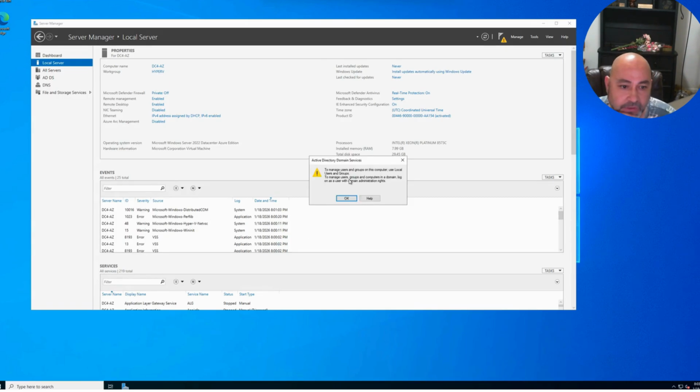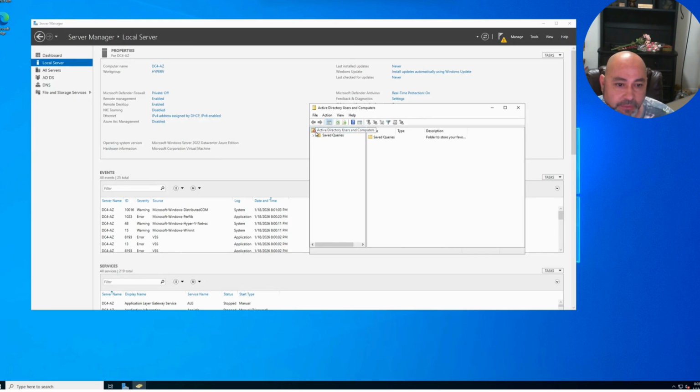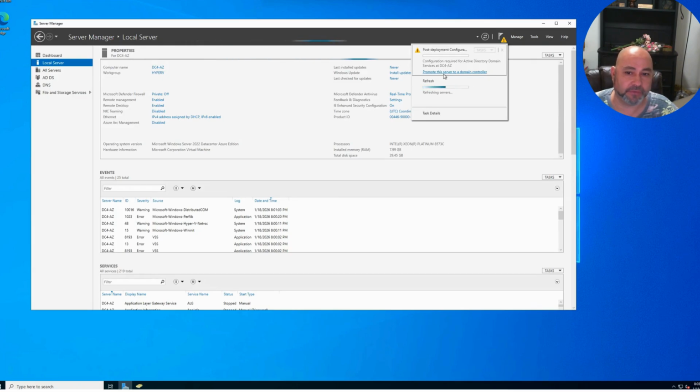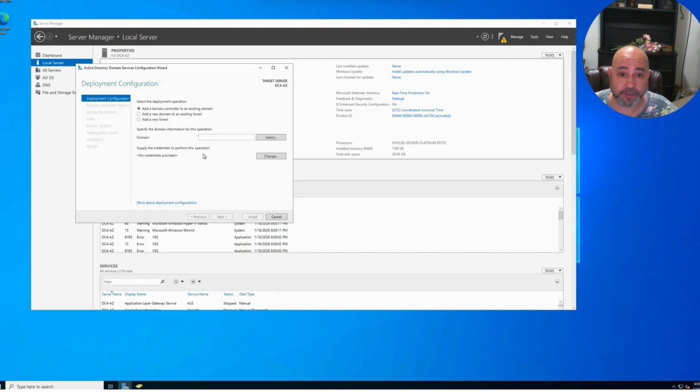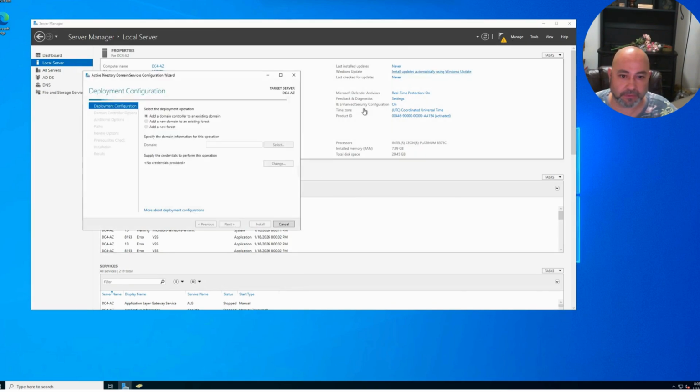Oh, look at that. To manage users and groups on this computer, use local groups. Okay, something happened. I think it needs a reboot, or a refresh. It did do something. It changed there. Okay, I've got 2 more minutes. If this doesn't work, let me do another quick reboot, because we did get